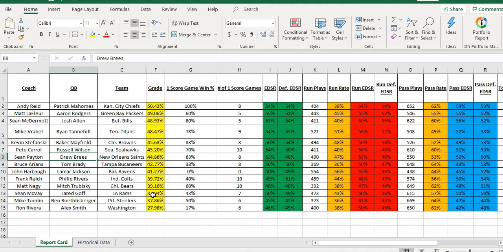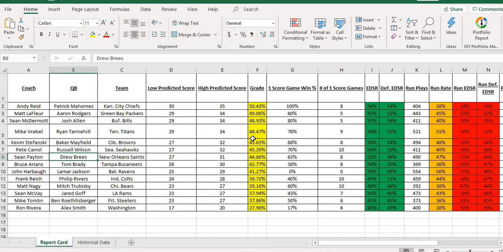The grade is then used as either a 0.6 or a 0.7, and that gives us a predicted score. If you look at this, I did not make this formula to copy Vegas or to try and copy the lines. I just made my own grades and correlated it and found that there was a correlation to the Vegas lines. So if we're looking at this here, the Buccaneers, I have the low end prediction at 26 points for the team, high end prediction at 30, and Washington at 17 or 20.